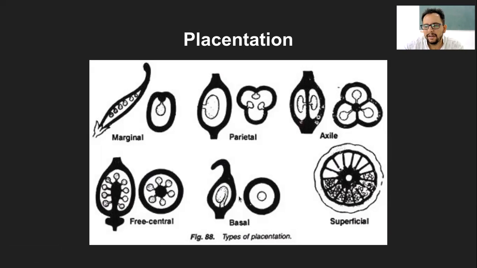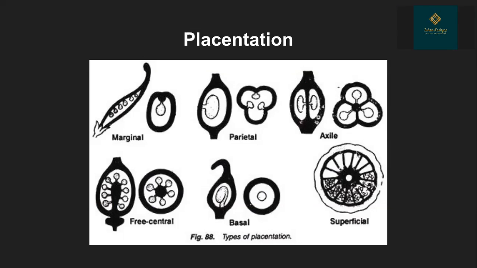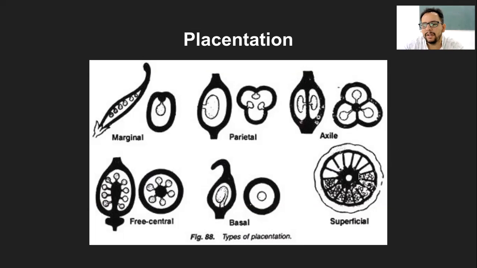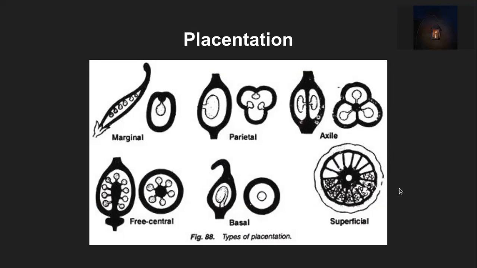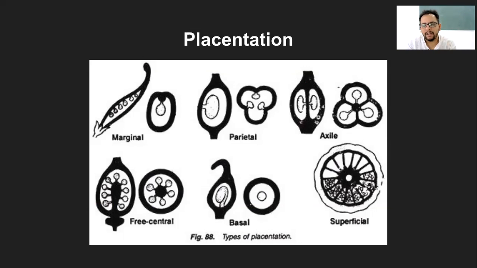Again, this is the transverse section of the same pod. And superficial is nothing but there will be several compartments, and along these compartments the seeds will be attached. That will be superficial placentation. That's like orange and such. So that is not even on the wall, not even on the axis, but they are inside. I guess even watermelon should fall into this category, because watermelon seeds are distributed not at the axis, not at the walls, but in between.